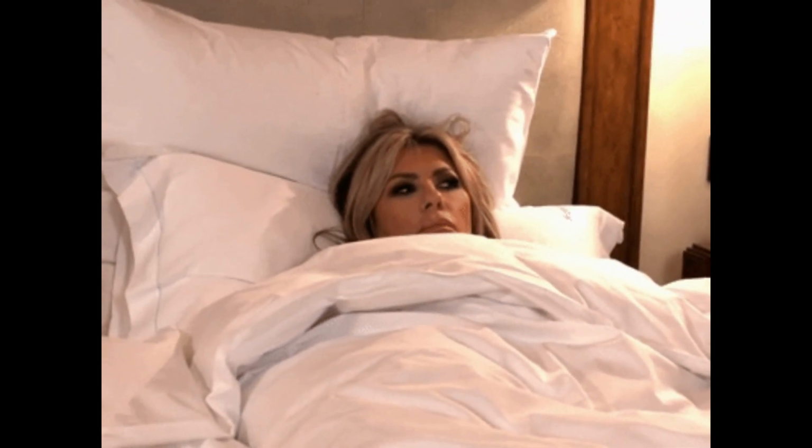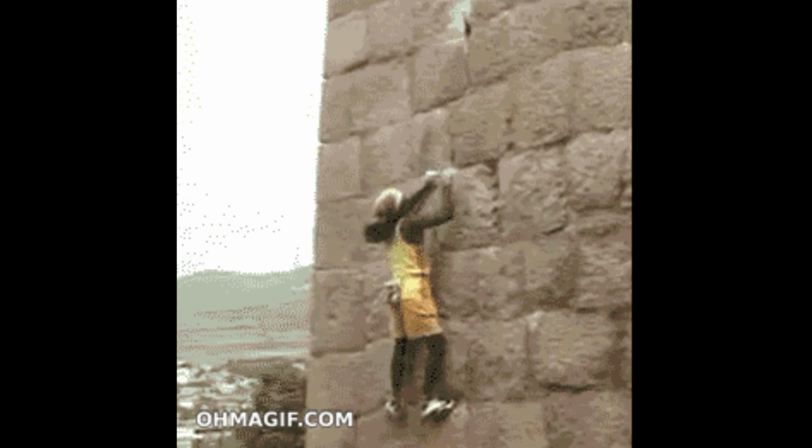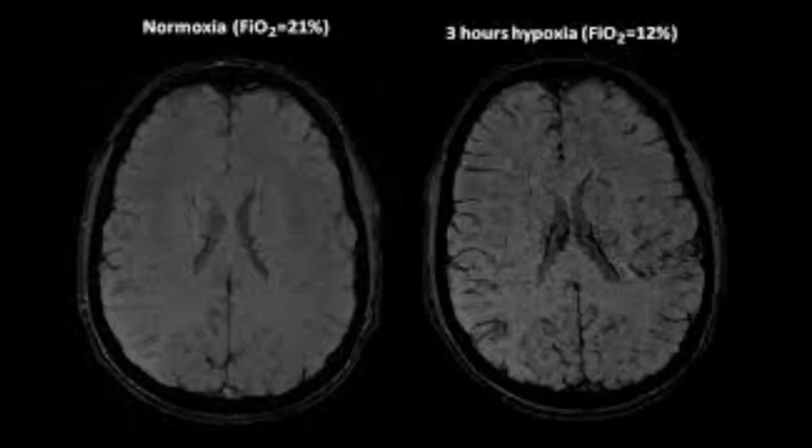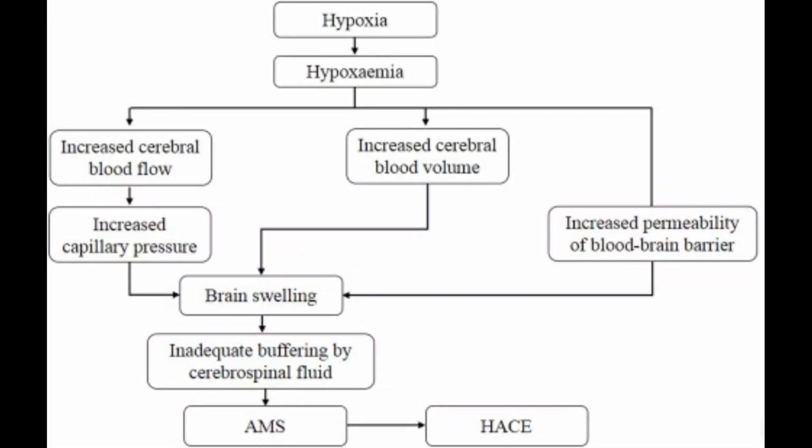If the symptoms don't go away, or the patient tries to keep climbing through the symptoms, AMS can progress to cerebral edema. You'll start to see altered LOC, ataxia, and possible seizures. It's important to note some patients skip the AMS phase and go right to HACE. So at altitude, it's important to have a high index of suspicion for this.